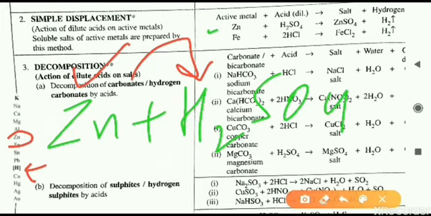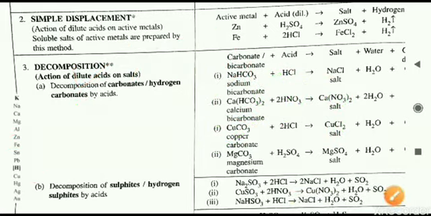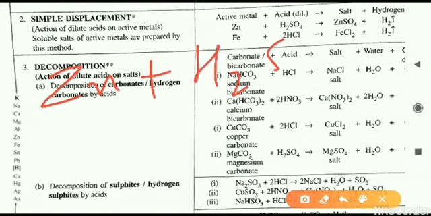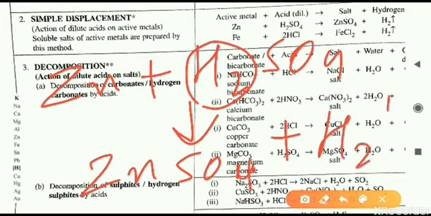As a result, zinc will occupy the position of hydrogen, and in place of H we will write Zn, and it will form ZnSO4. That is the salt that is forming. So the reaction in complete form: zinc reacts with sulfuric acid. It displaces hydrogen, and what is formed is ZnSO4. Now hydrogen is removed, it is liberated as hydrogen gas into the air. So this is how the salt, zinc sulfate, is formed.